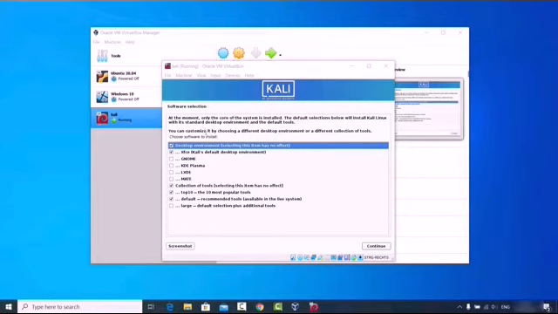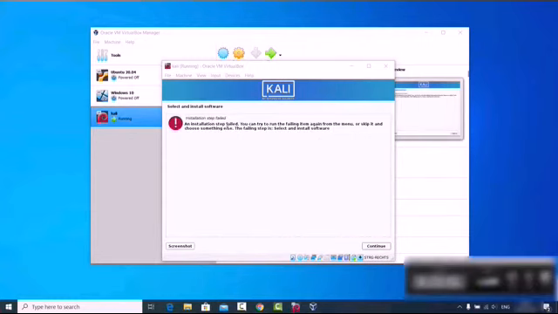By default this Kali default desktop environment is selected, but if you want any other desktop environment, for example GNOME or KDE Plasma, you can choose it from these options, right? I will leave everything as default because it's enough, and then click on continue.